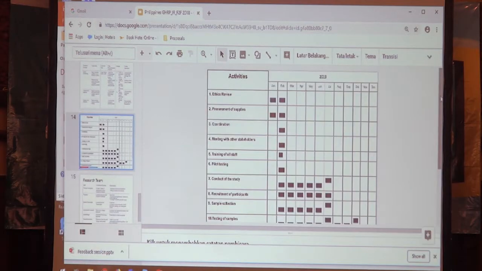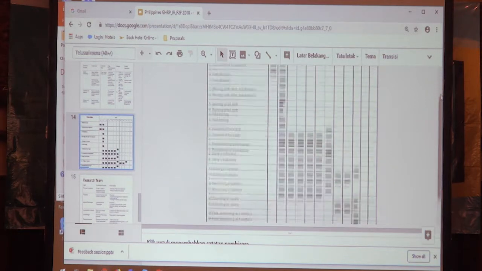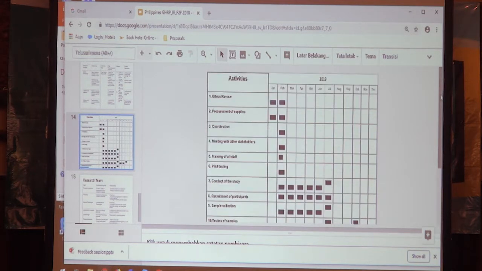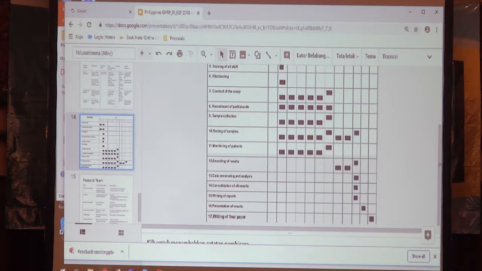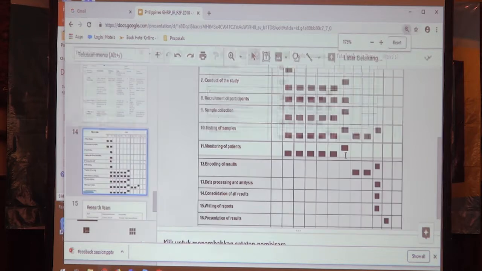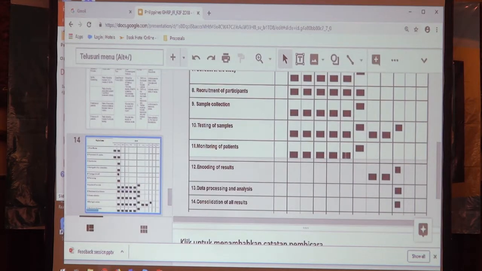And for the conduct of the study, this will take 6 months. Next is the recruitment of participants, 6 months as well. And then sample collection, 6 months. Testing of samples, 9 months. This is 9 months since we want to catch the antibodies. Usually the antibodies go down after 3 months. So the testing for antibodies will be done on the first day of the collection, and then the 3rd month. And then after,